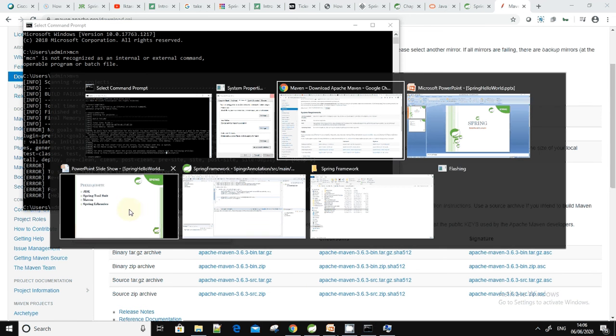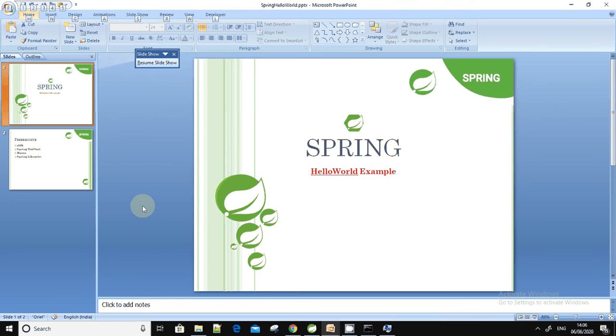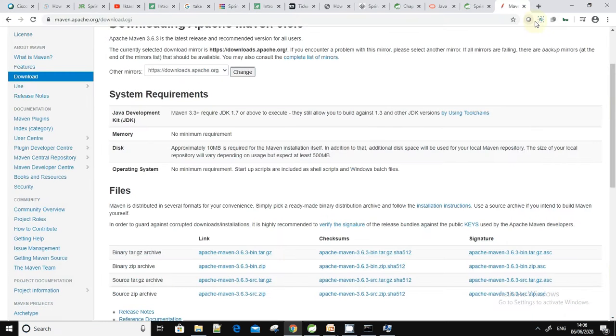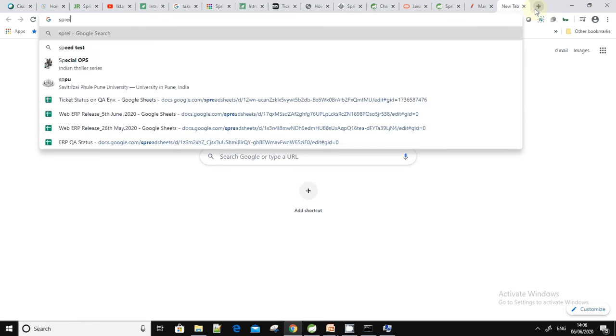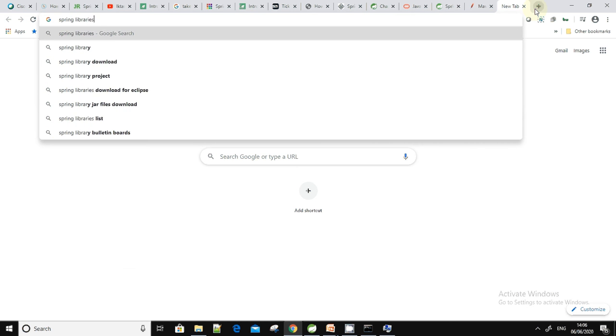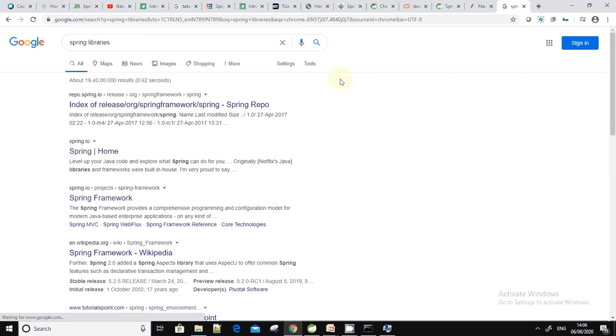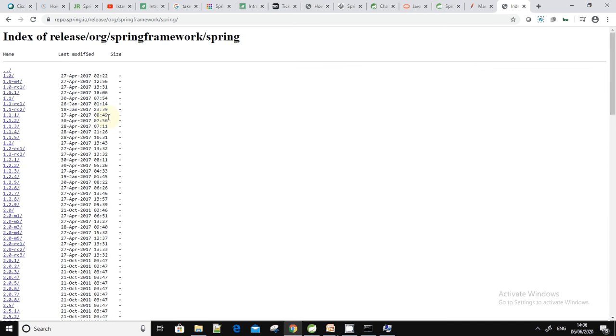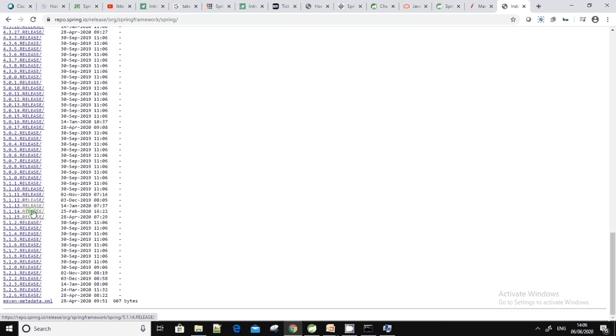Then one more prerequisite is the Spring Libraries. You can get the Spring Libraries on the Maven repositories. If you go to the Spring framework, repo.spring.io, you can get the version-wise library.